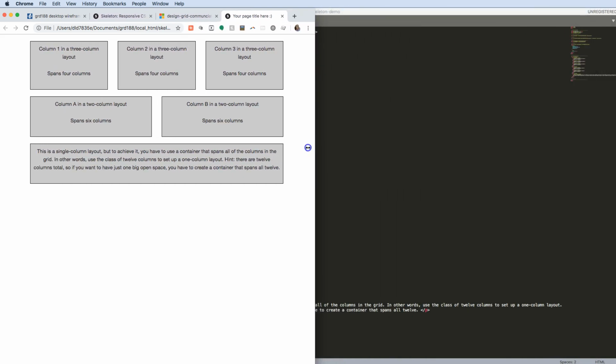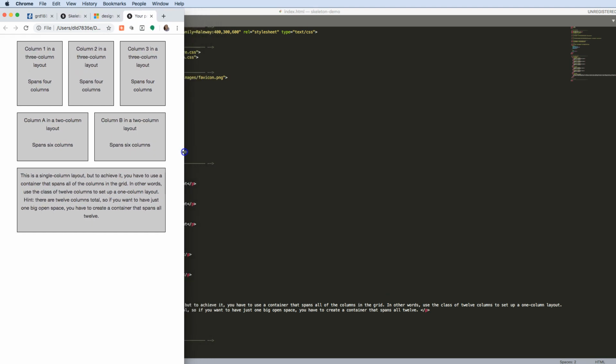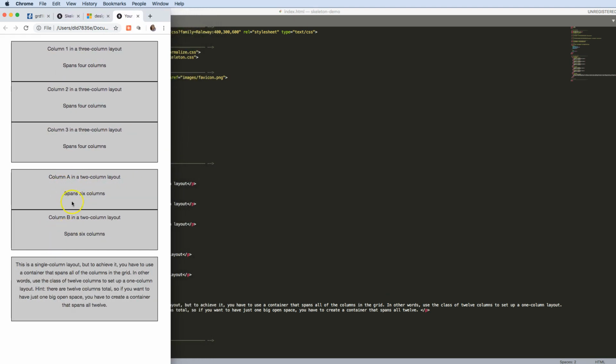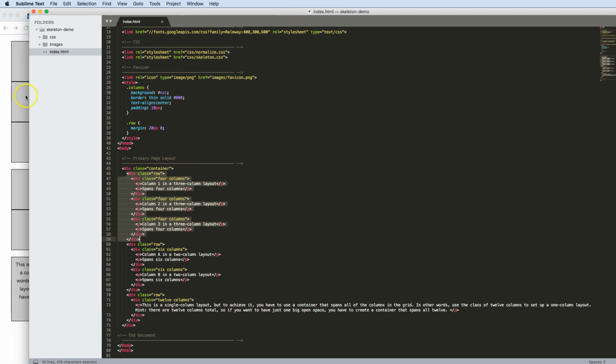When I span down past that 550 pixel width, you'll notice that column B falls beneath column A. And because they're both contained in a row together, they're going to stay together. They're just going to stack vertically. The same here, because these are all in a single row. And what I mean by that is I've declared a row div that I've wrapped all of these columns in. And since they're all in the same row together, they stay together,